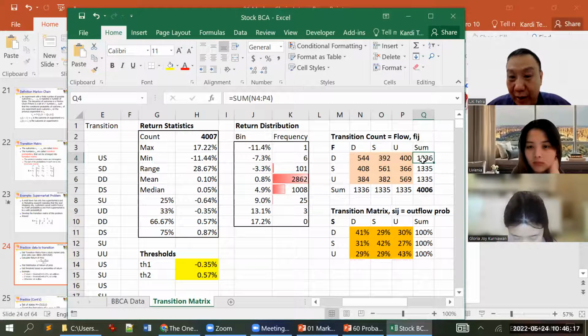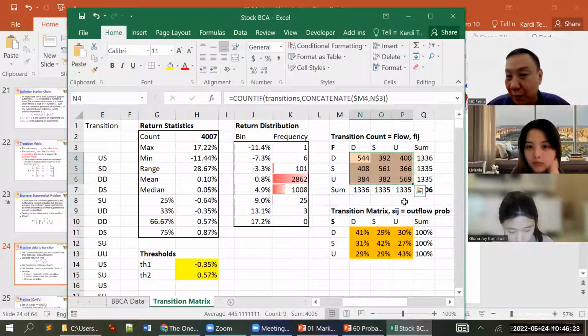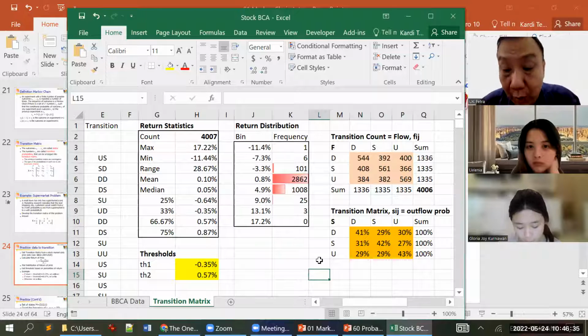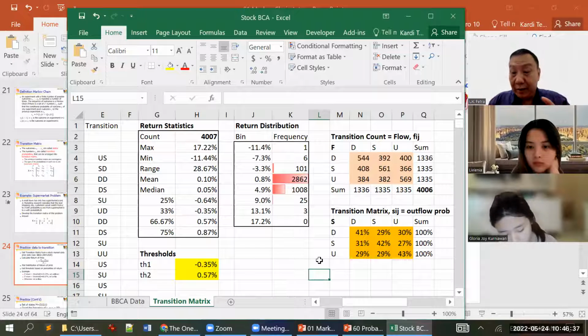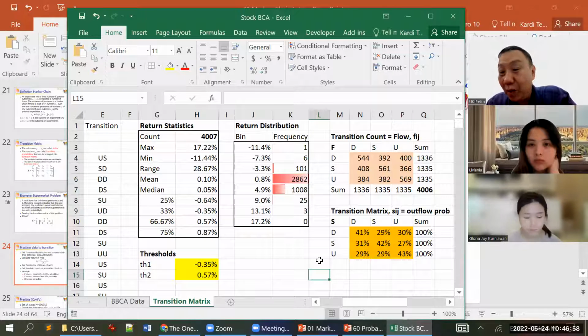You will see exactly that the sum of the row and the column is exactly the same. This is what I later call ideal flow. The sums of the columns are 1, 3, 3, 6, 1, 2, 3, 6, 1, 3, 3, 5, and so on. So one way to interpret it is, I have this transition matrix, then I can generate the next value. If I know today's value, I can predict tomorrow, the next day, and even further.